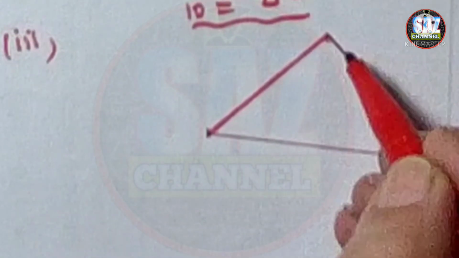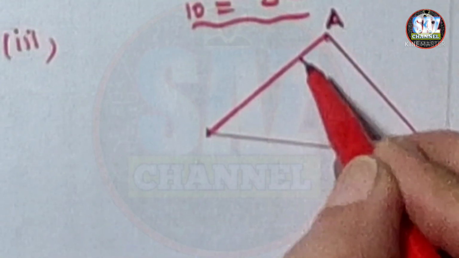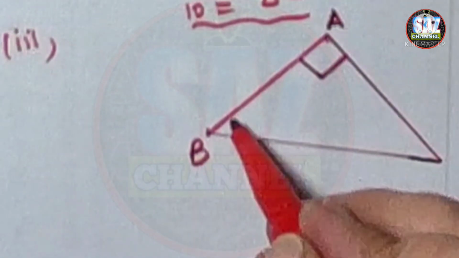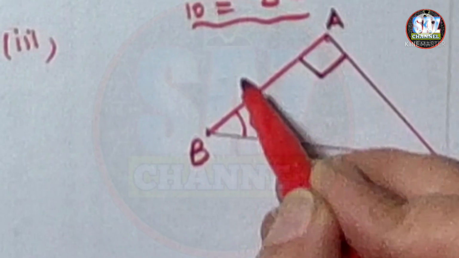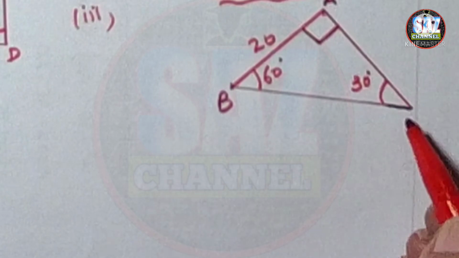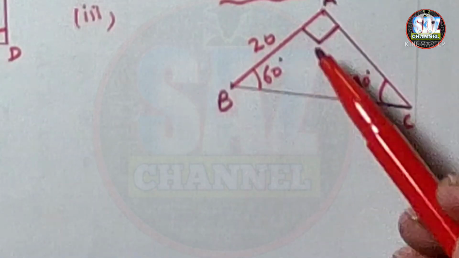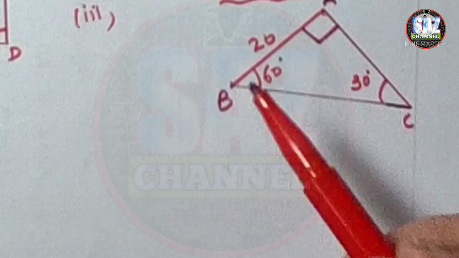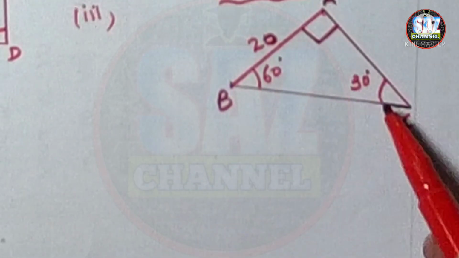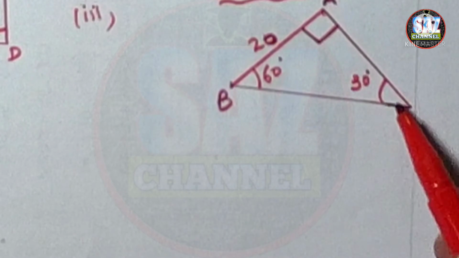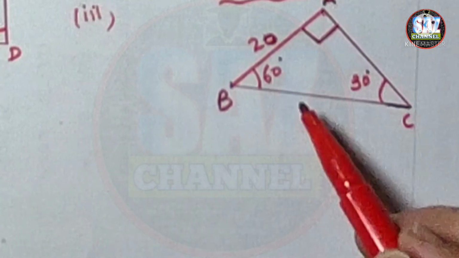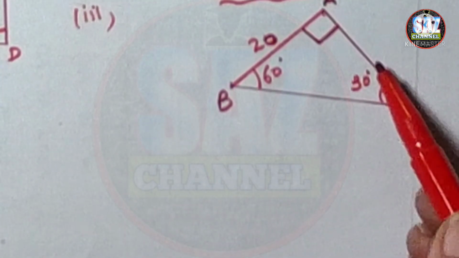Over here, this is vertex A, this is 90 degrees, this is angle B, and it is 60 degrees. This is 20 centimeters, and this is 30 degrees, and this is 60 degrees, and I have to find, we know that the area of a right triangle is half base into height. We have the base with us, but we do not have the height with us. So in order to get the height, which is AC, either I can make use of the 60 degree angle, or I can make use of this 30 degree angle.